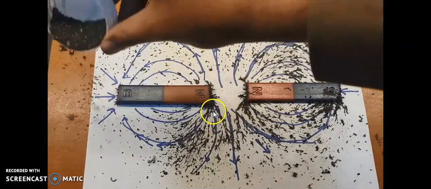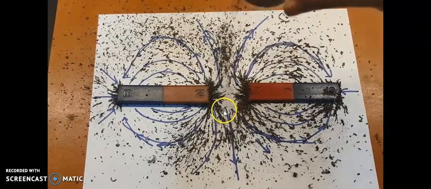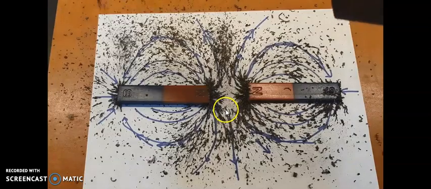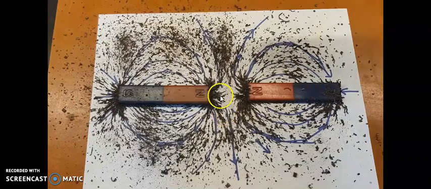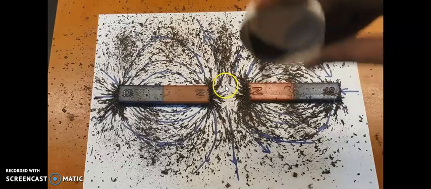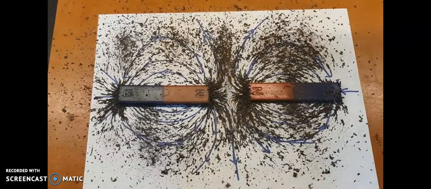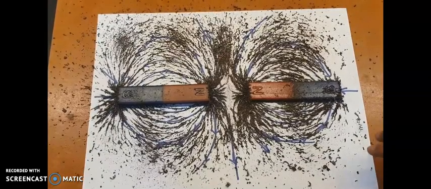After sprinkling the iron filings, the table has to be tapped so that all the iron filings are aligned in the proper magnetic field to give us a proper picture. You can see here that the iron filings are not meeting at all in the center part. Why? Because the repulsion is very high, right? So now we are tapping it. This is the real magnetic field lines. There are no field lines joining here because of the repulsion of the like poles. Clear?